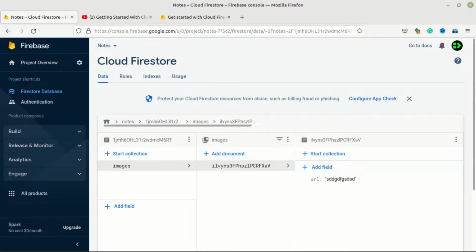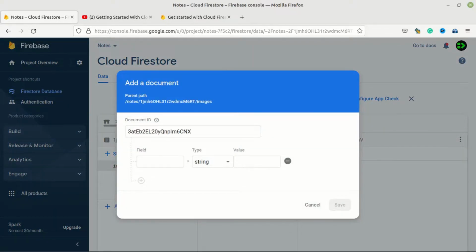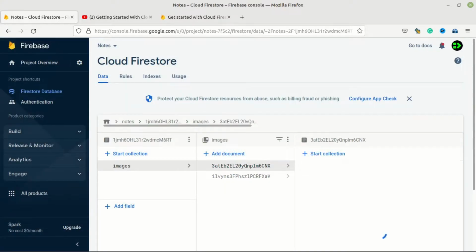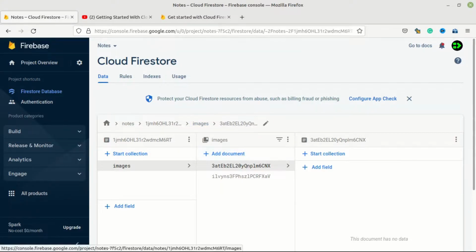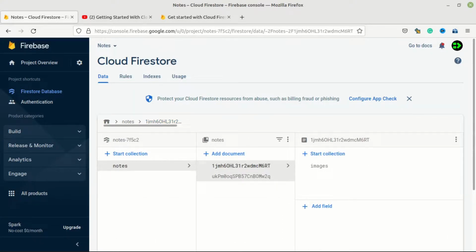And as you can see here, now we have the notes, then we have the document, and we have another collection which is just containing other images, and this could contain another document here, for example. So we have multiple images inside these images sub collections, and this is just contained inside a document here. And as you can see here, now we have these documents, and inside a document we can easily